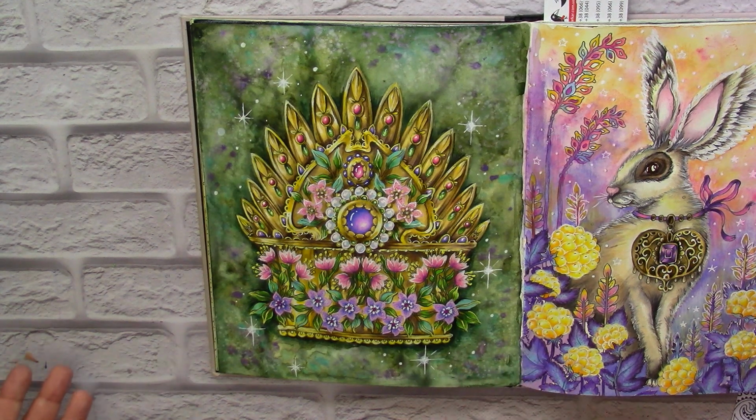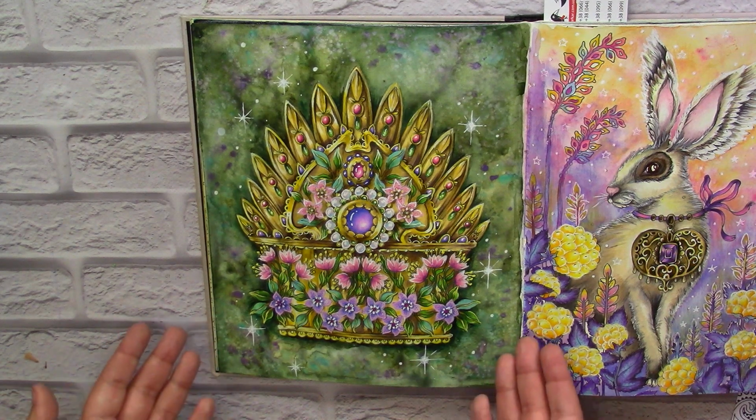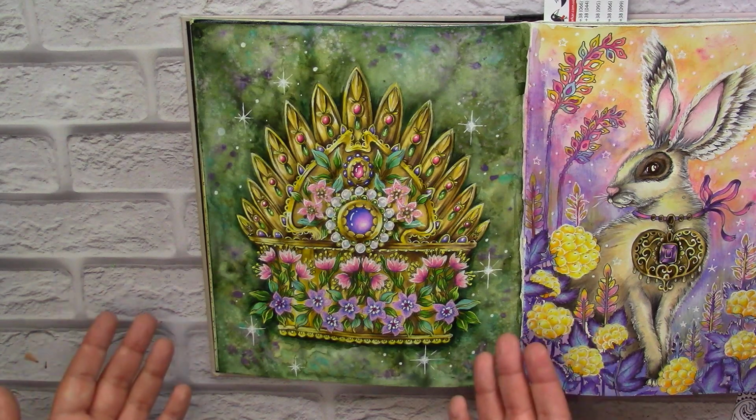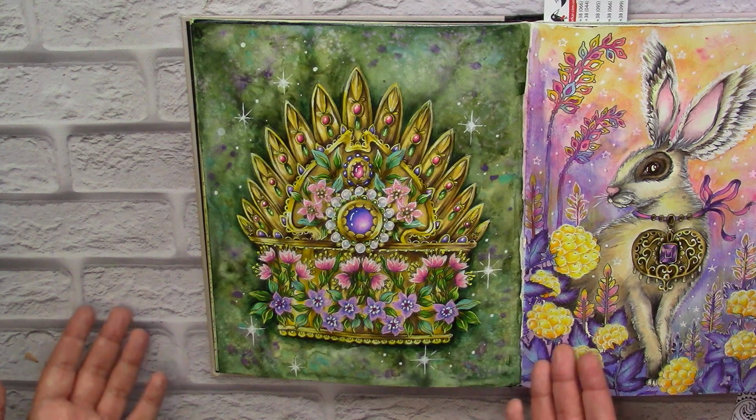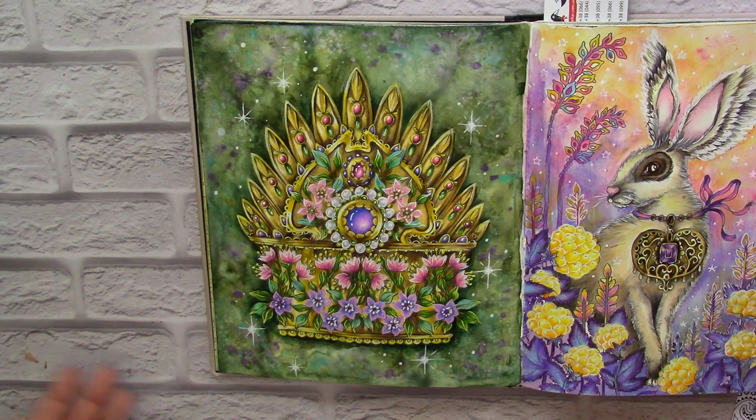My family yelled to me, stop coloring, we need to go to the shelter. It's not even drones, it's ballistic missiles. And I answer, I can't stop because it's my only page. For the spring crown, I can't mess it up. I want to finish the background. I don't have duplicates, so it was a little bit strange feeling, but I finished it quickly and everything was safe. After that, after it was dry,